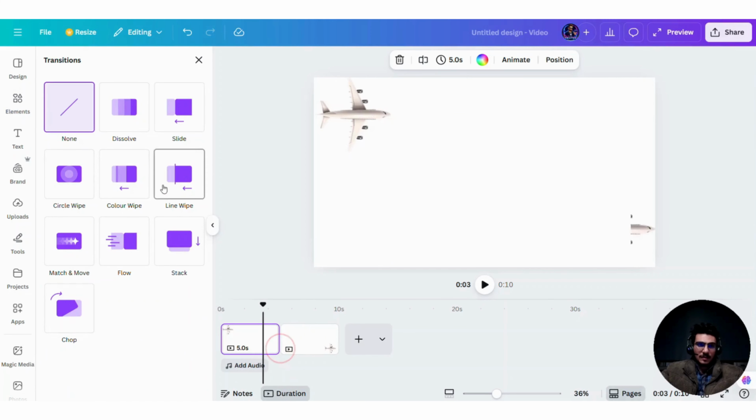So let's add a transition and let's see exactly. So that's what we got. Visual, slide, we can